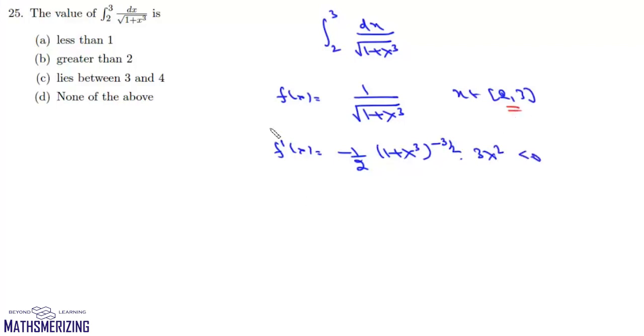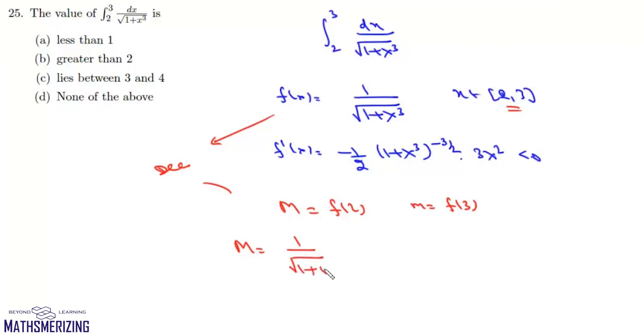That means in this interval, fx is a decreasing function. Now if the function decreases, its maximum value will occur at the start of the interval and its minimum value at the end of the interval. So its maximum value will be f(2), which is 1 upon under root of 1 plus 8, which is 1 by 3, and its minimum value will be 1 upon under root of 1 plus 27,